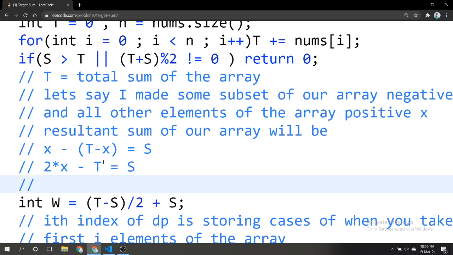So from here we can understand that if s plus t is not even, then we will have no answer, and if s plus t is even, then the number of subsets having sum equal to x will be our answer.